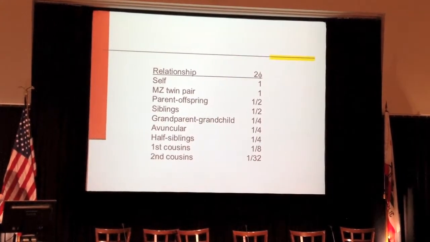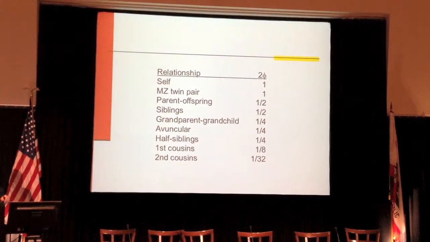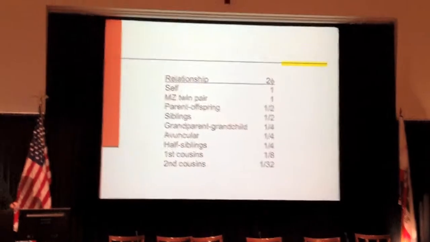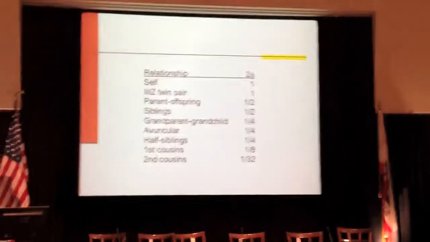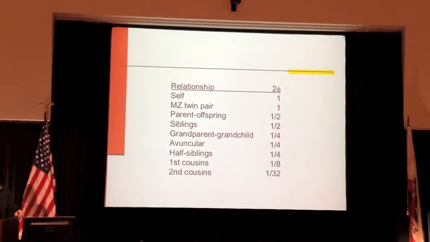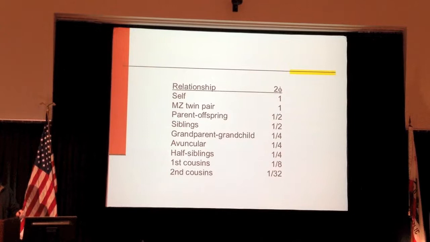So there is a big move right now towards so-called empirical kinship matrices, where we take subjects who are assumed to be completely independent, and then we estimate the degree of relatedness among them by looking at the variance in their genotypes. And amazingly enough,